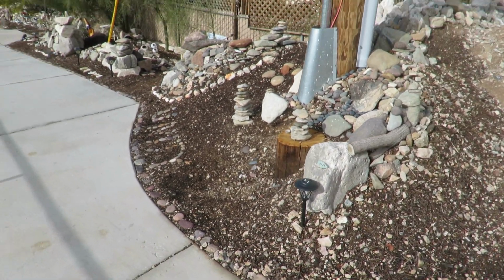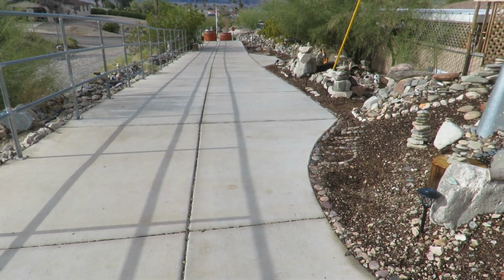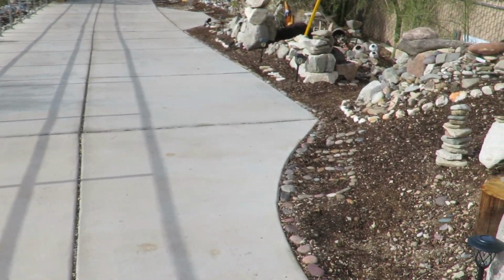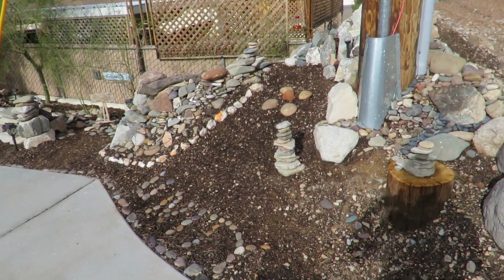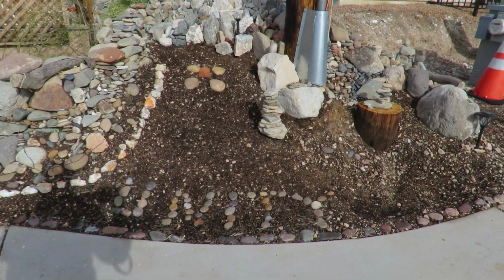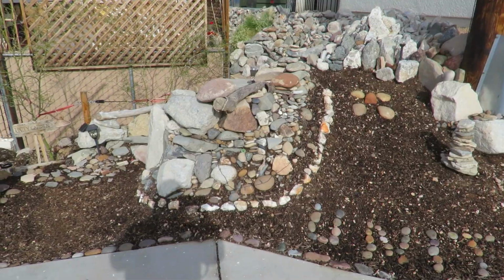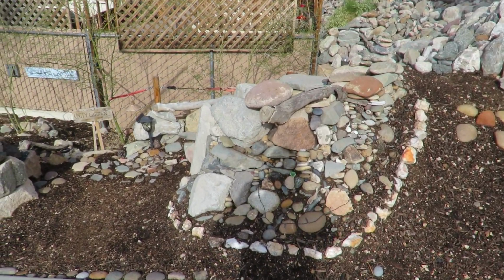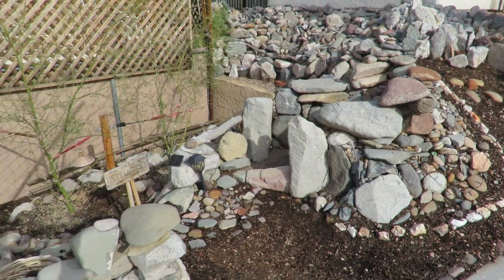Well, it's a good Saturday morning after a rainstorm here in Lake Havasu City, and this is the Pima Wash bike path that leads to the lake, and we're coming upon the Pima Wash Rock Garden, the Unity Garden. It was created starting in 2011, and in 2018 the artwork portion of this garden